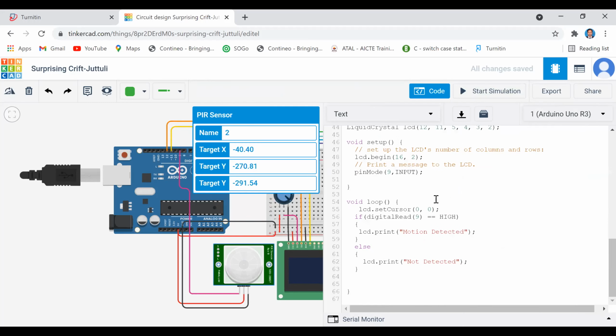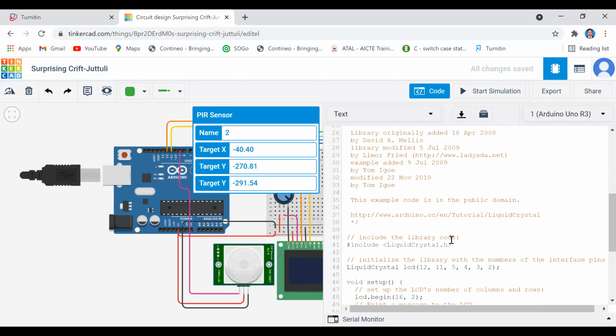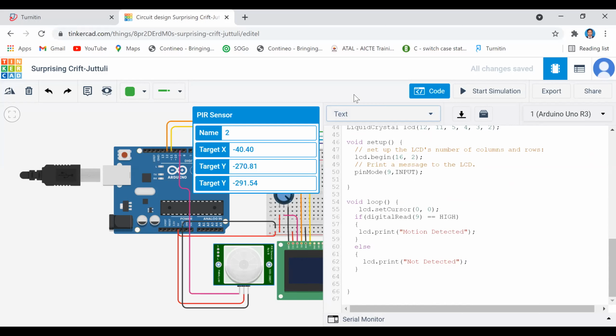Just practice in Tinkercad. If you get any error, please get back to me.